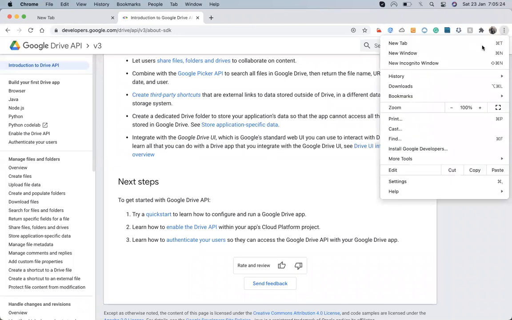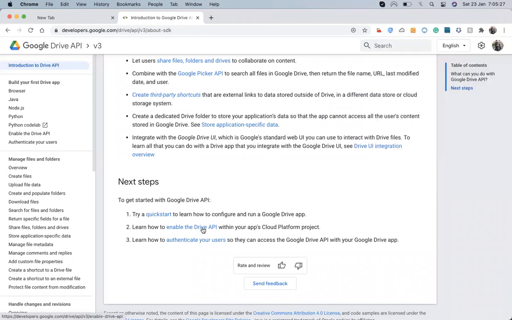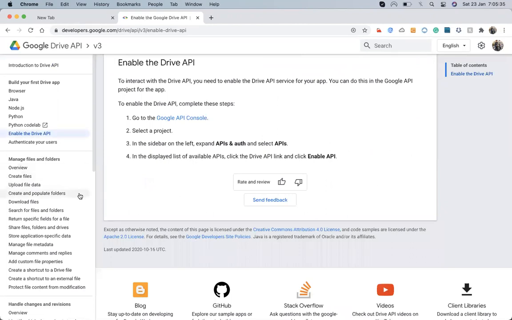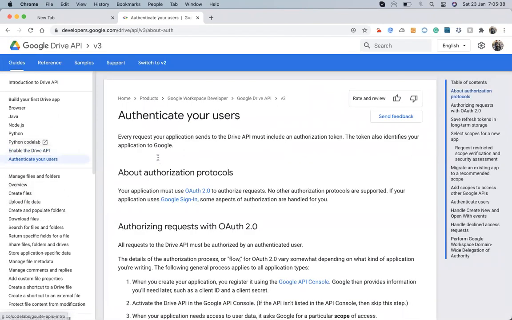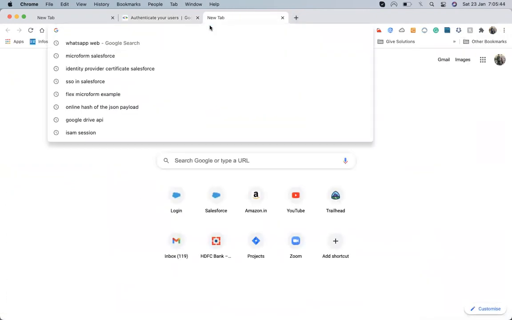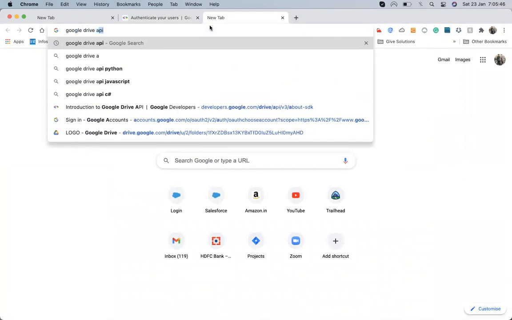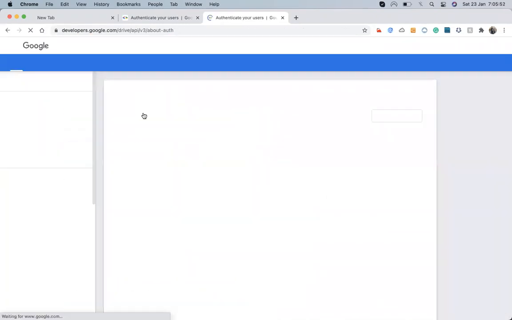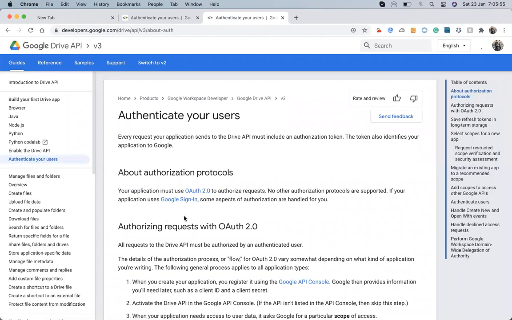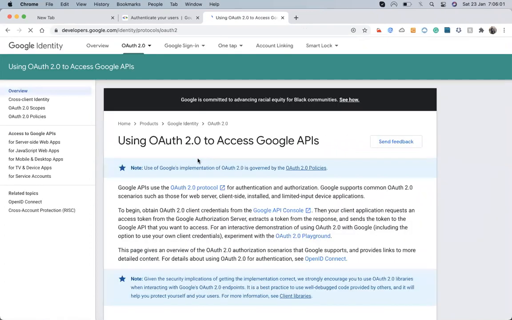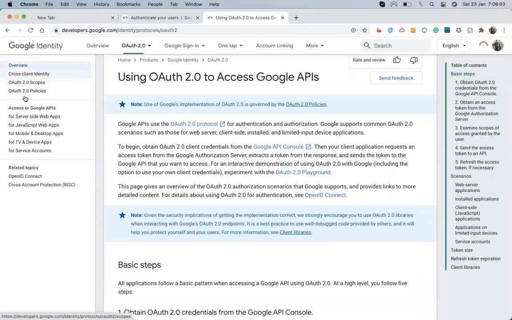So let me log in. First, let's enable the Drive API, and first we need to do the authentication. So let's search for that. OAuth 2.0, and then here